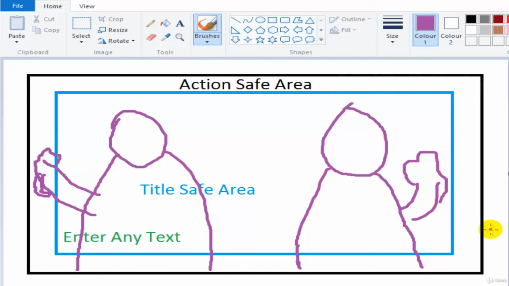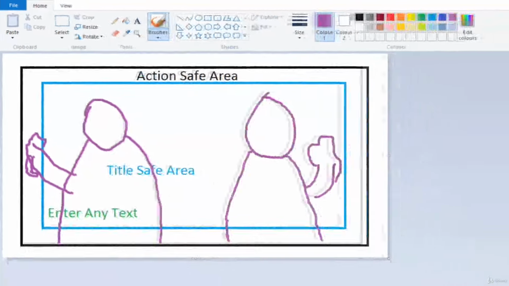It is also known as good spacing. Like the video shouldn't look totally messed up, and this character shouldn't go like this or something, because from that video the movements or any kind of action which is done can be cropped, or rather it can be removed if this kind of proposition is not mentioned in any video. So I hope this action and title safe area is clear to you, as this is a very important part